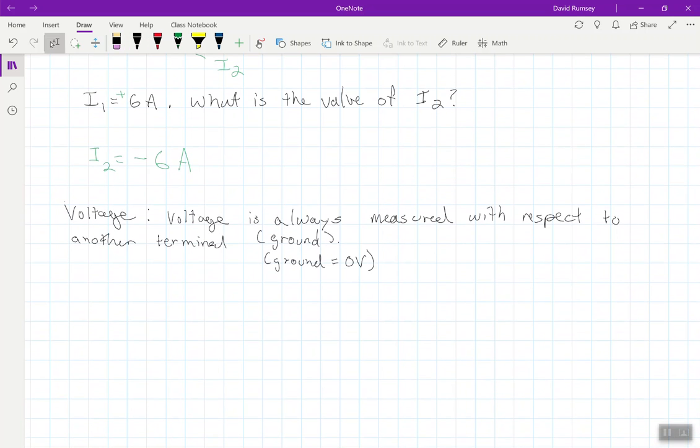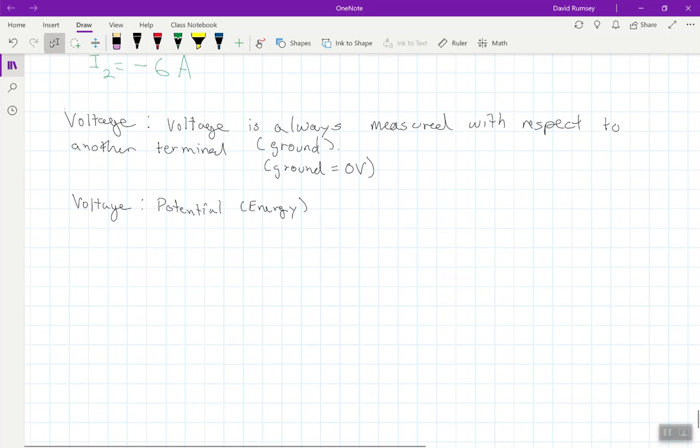But what is voltage? I like to think of voltage, and this isn't necessarily the best way or the only way to think of it. I like to think of voltage, and this is even what it's kind of defined as, as potential. I'll put in parentheses here, I'll almost think of it as kind of potential energy. And the way I like to think about this, and you'll have to forgive my terrible sketching skills here, is that